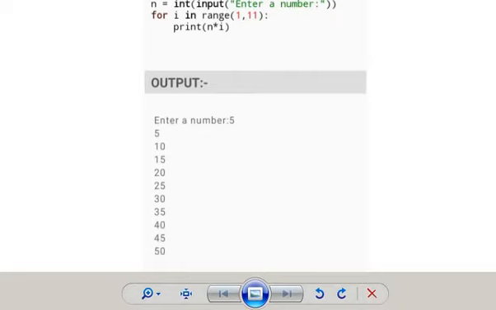And this, you take any number, let it be 5: 5 into 1, 5 into 2, 5 into 3 and so on. Is it a multiplication table? Yes, multiplication table of 5. Even here, make some changes in the print to get the output as 5 into 1 is equal to 5, 5 into 2 is equal to 10, 5 into 3 is equal to 15, 5 into 4 is equal to 20. You make some changes in the print statement and try to get the output like that.